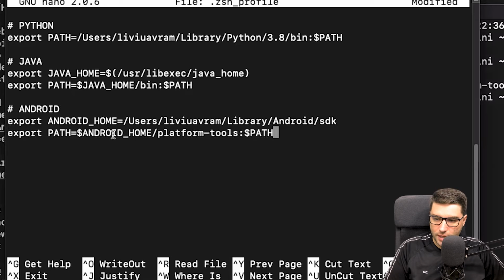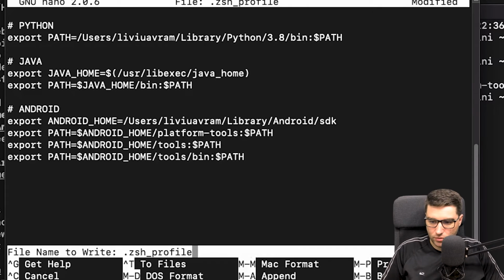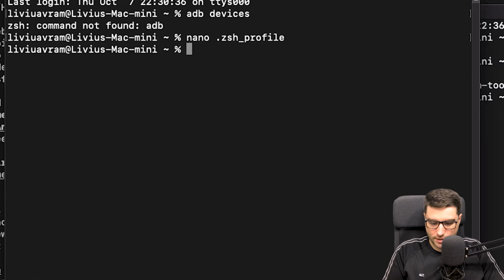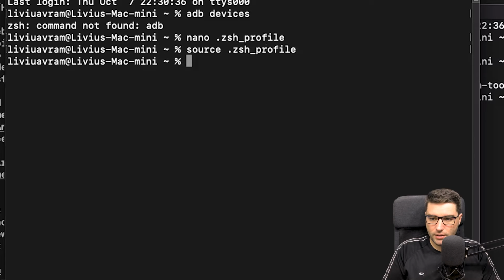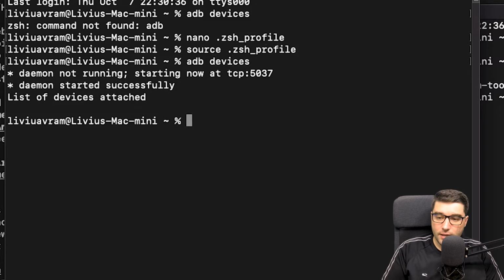So PATH equals ANDROID_HOME/platform-tools, and we will also export tools and tools/bin. Control O, enter, Control X, source ZSH profile. And now if I type adb devices, I can see that now the command is correctly recognized. It's just that I don't have any open emulators.